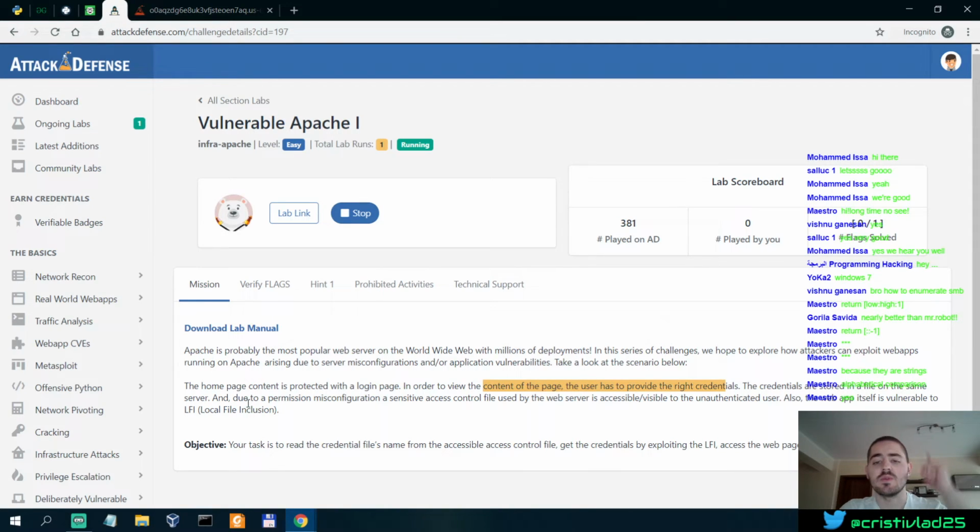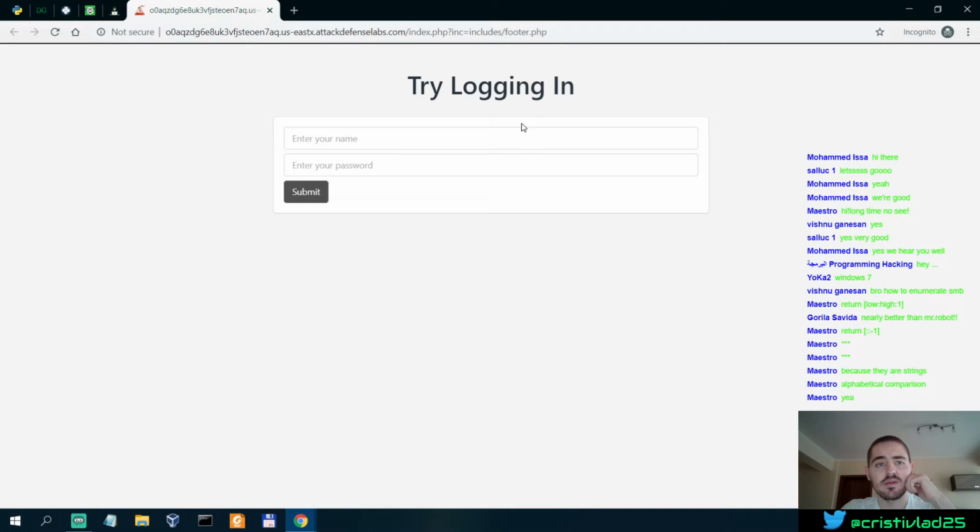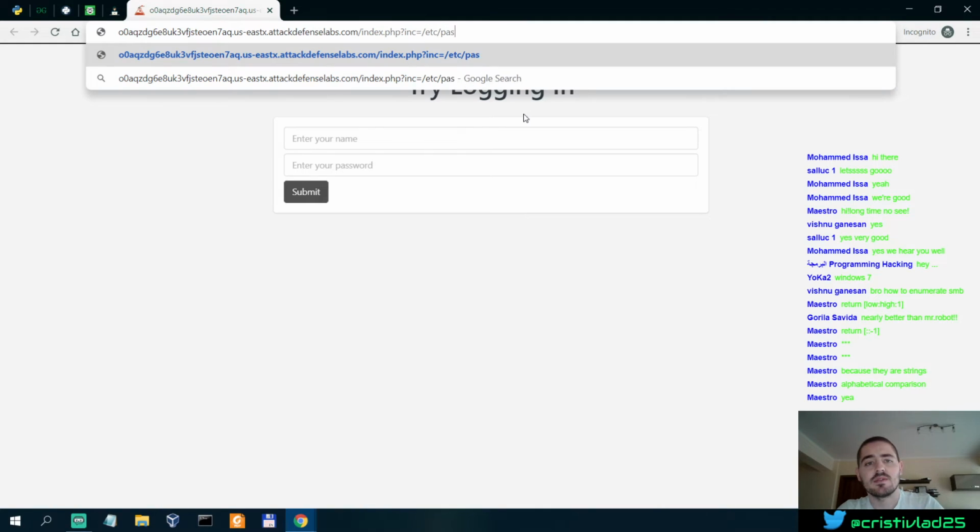So we need to look for a file that can be accessed, so that access control file can be accessed due to a permission misconfiguration. And the web app itself is vulnerable to local file inclusion. So this means that this inc thing could be, let's see, if we do etc password,